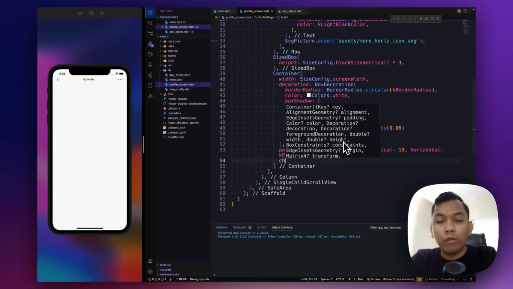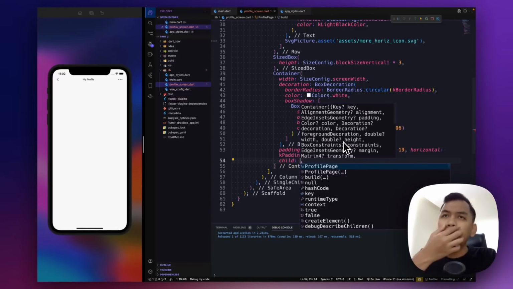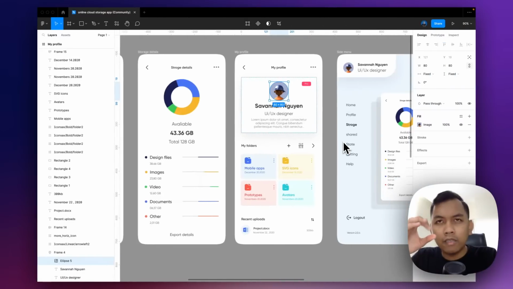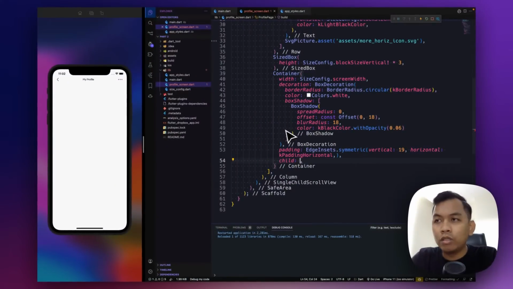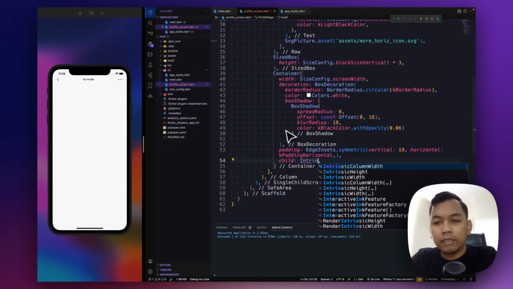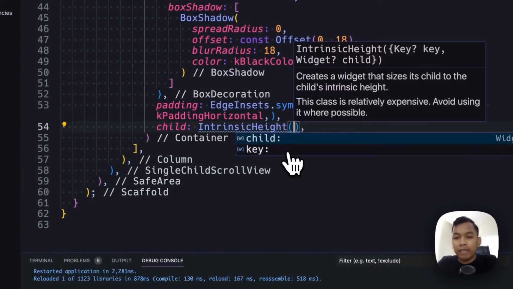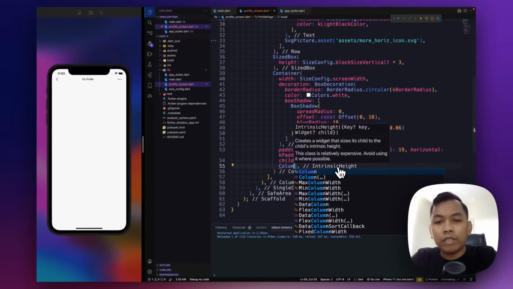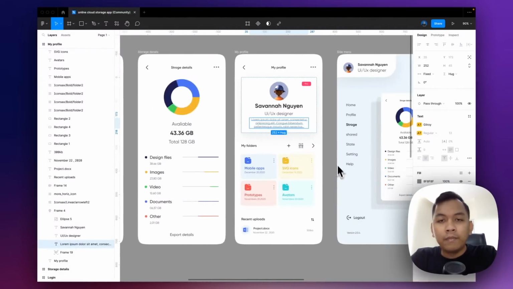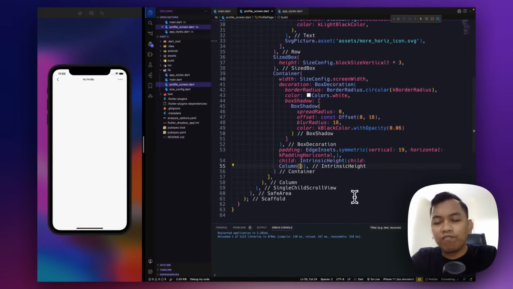And the next, we will have child, and because I think it's dynamic, maybe from one user to another user will have a different description, so I think we use IntrinsicHeight. All right, and IntrinsicHeight will have child, and the child will be a Column widget, because you know from the design the content will be from top to bottom. So I think the best option is using a Column widget.